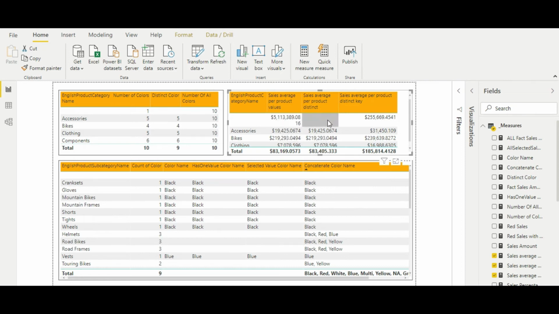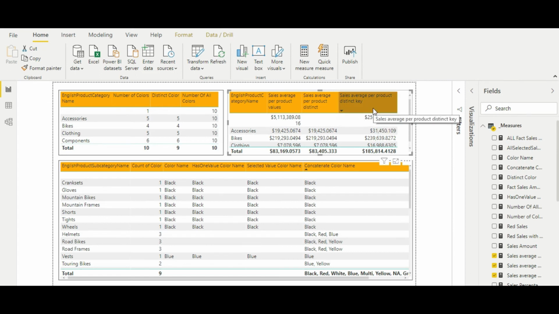In the case of distinct, obviously we discussed that it will always return the blank, so there is no point discussing it. Now coming to the third one, this is the correct number, because instead of taking the product key from the dim product side, now we are taking the product key from the fact internet sales table, because the fact internet sales table still contains those product keys, right? Because it contains all the sales right now for all the products. So that's why we took the distinct value of product key and divided it by the number. So that's why this number is small compared to this number, and this is the correct average, right?